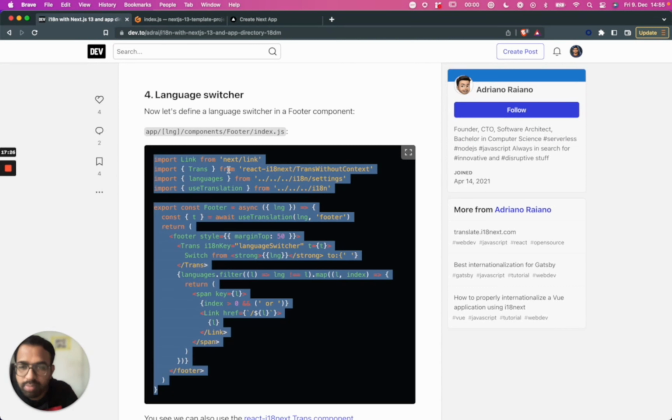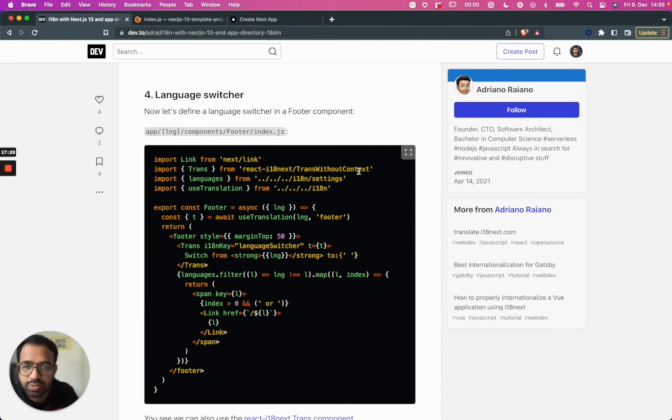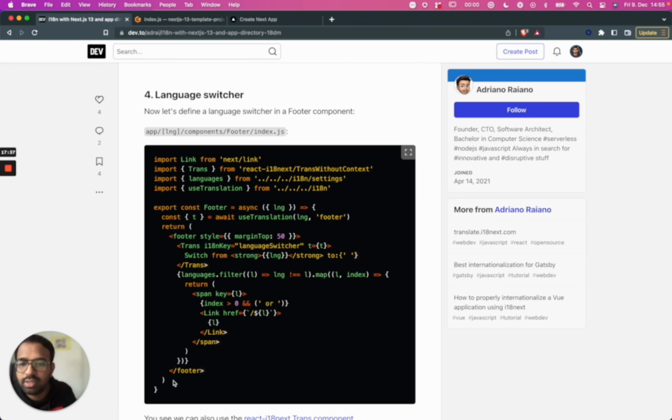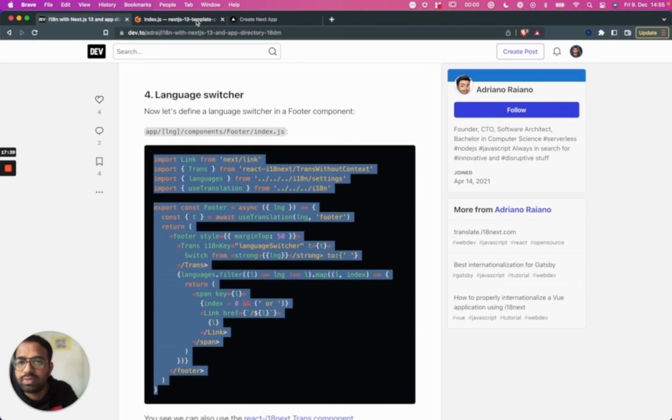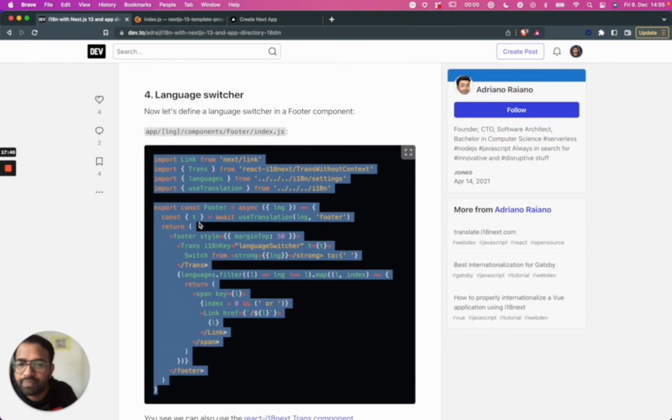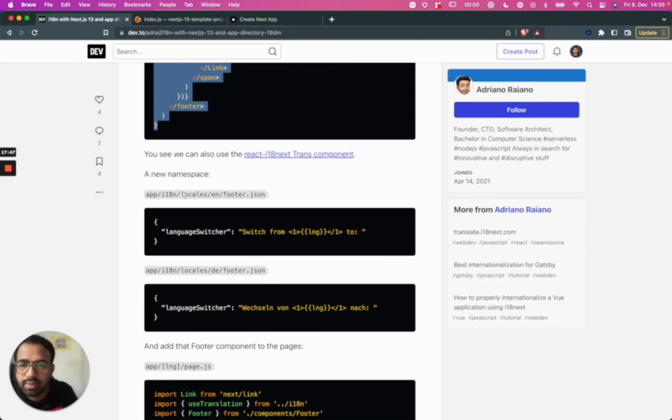Again, this is simple. Having this Trans without context, languages use translation, footer translation, and we also get the footer and the Trans component, and we're using this. And we're going to see that switching component here,